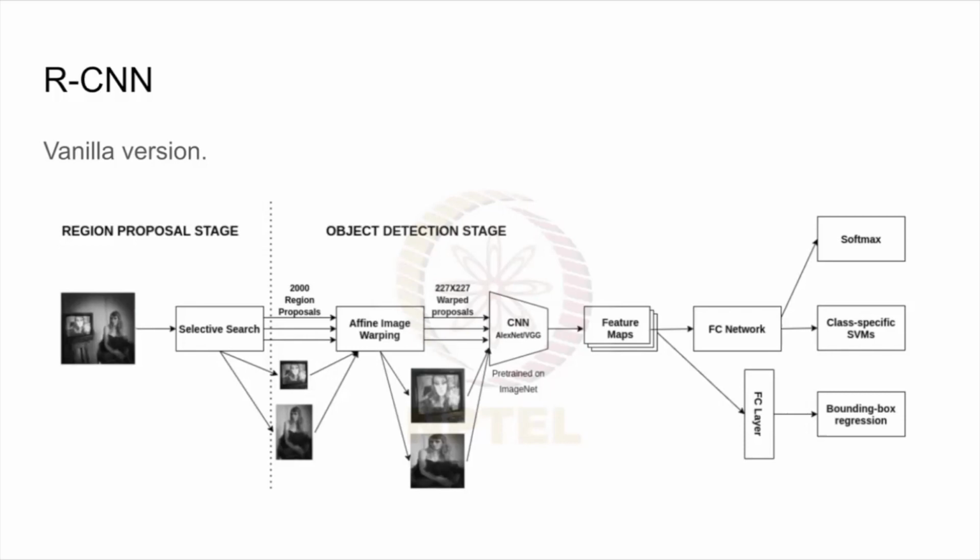Then comes the bounding box regression, and here the output will be taken from the feature maps, and it